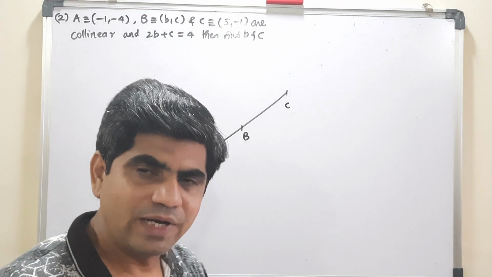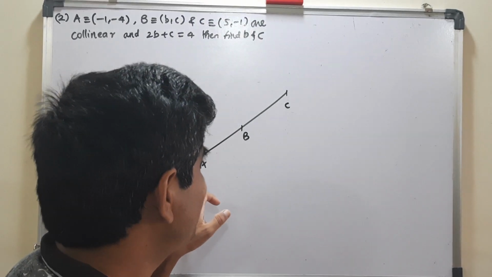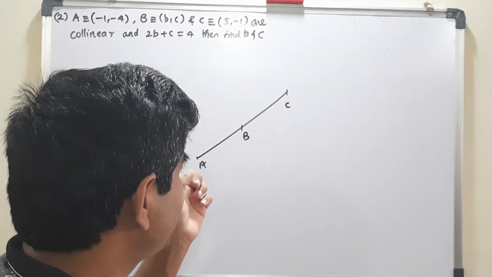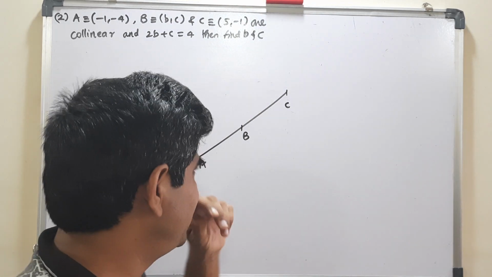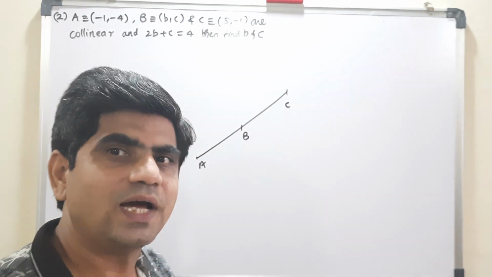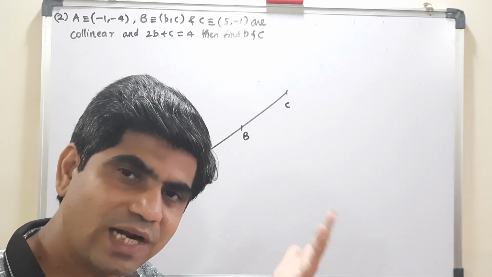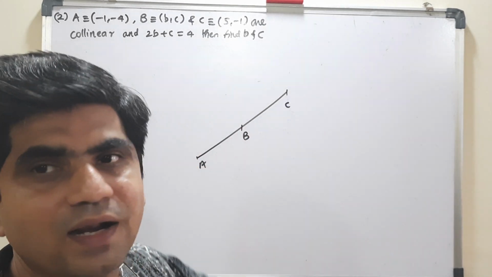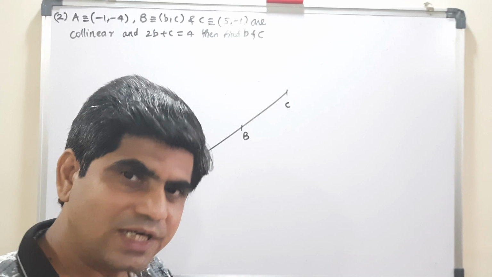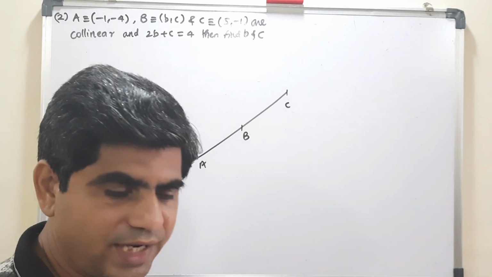Now one thing will come like this, for myself only, okay, if the slope of AB is equal to the slope of BC or equal to the slope of AC, it means AB will be parallel to BC, will be parallel to AC. Yes, that is correct or not? Because you will tell me, I myself told you, if lines have the same slope, that means they are parallel. Now they have the same slope, so they must be parallel, but they aren't parallel, right? So yes, they are parallel only, okay? Because as you study further, you will come to know the exact connection between parallelism and collinearity, but not now.